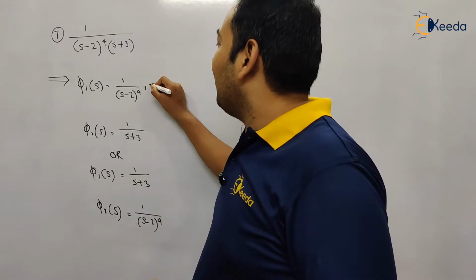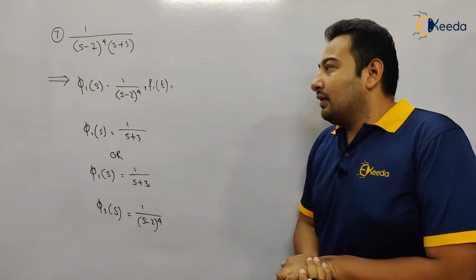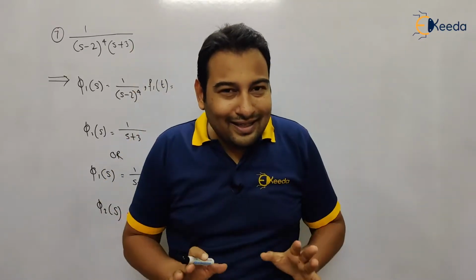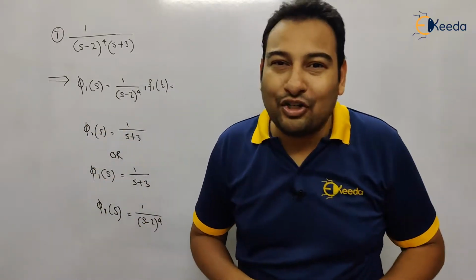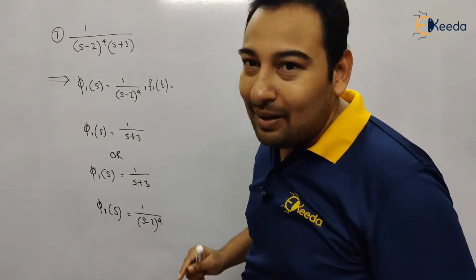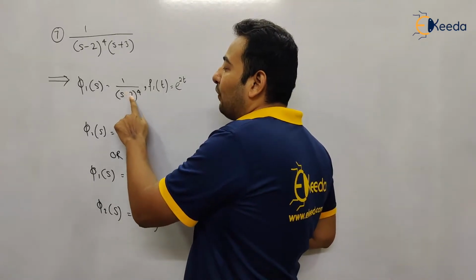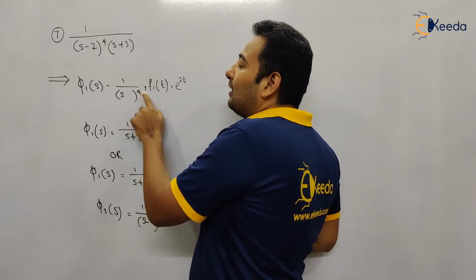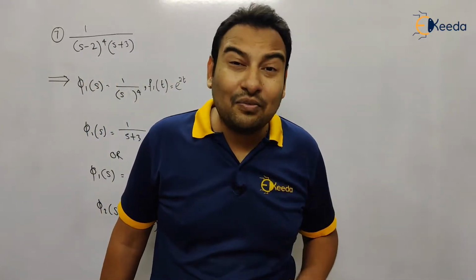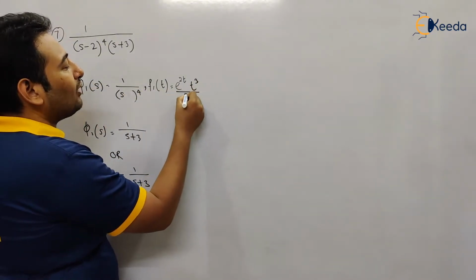First of all, please tell me what will be the Laplace inverse of this. We don't have any direct formula for this particular expression. What is it? It is shifting, minus 2 shifting. What will come out? e raised to 2t will come out, because this is shifting. If you forget about the shifting, you will be left with 1 upon s raised to 4. What is the Laplace inverse? Direct formula, that is t cube upon 3 factorial.